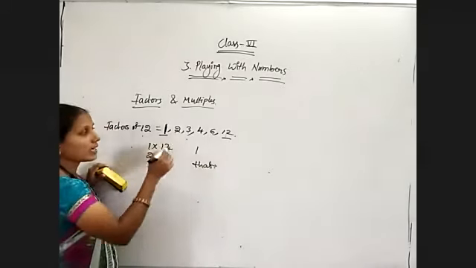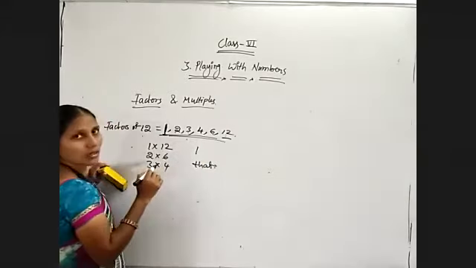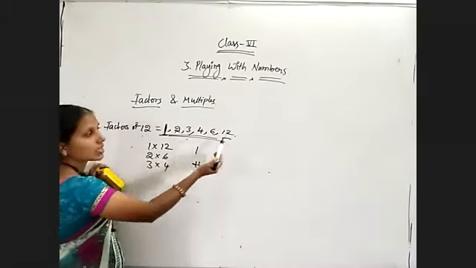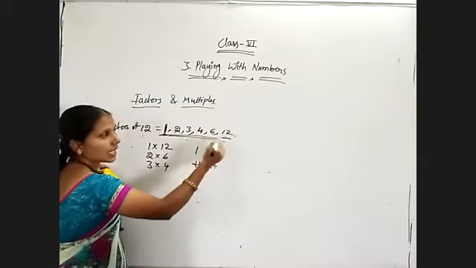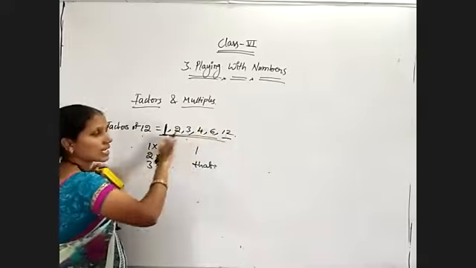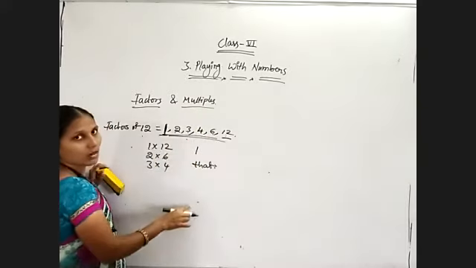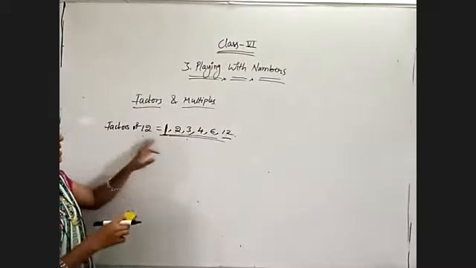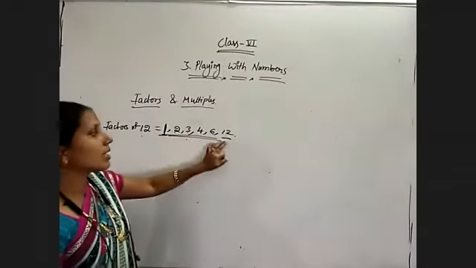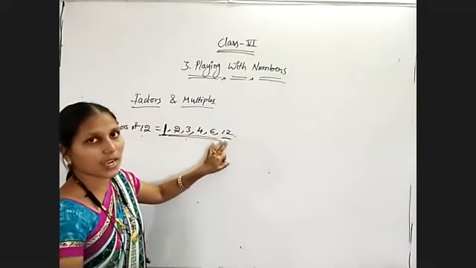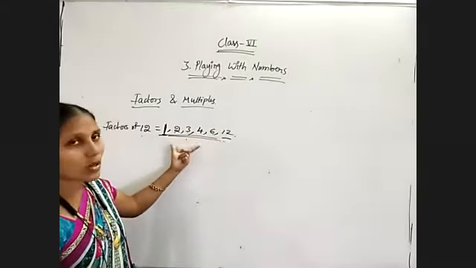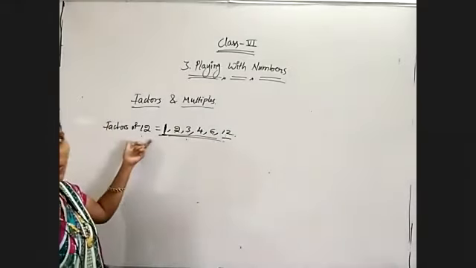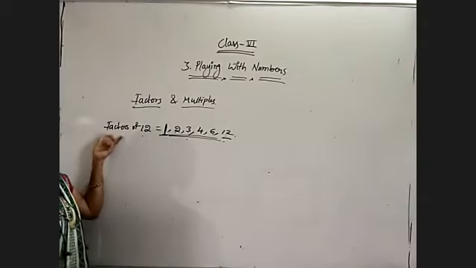Okay, and factors are countable, meaning we are able to count how many there are. And next thing, factors are always less than or equal to the given number, but not more than it. Okay, this is about factors. One is a factor for every number, and that is the smallest factor for every number. Every number itself is the highest factor. Factors are countable. Factors are always less than or equal to that number. Factors are also known as divisors.